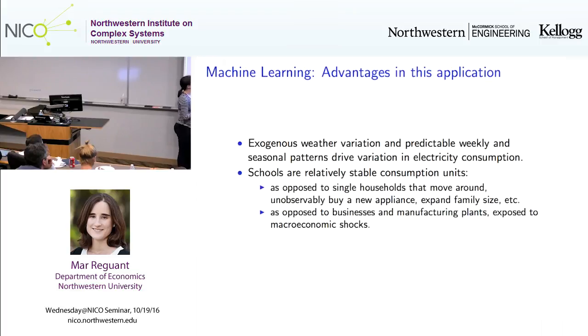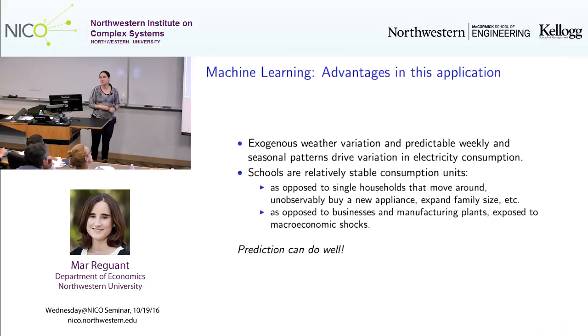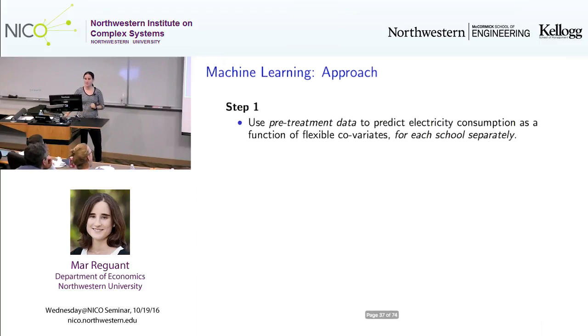Another good thing about the schools is that they are not very exposed to the business cycle. So if you think about the school and it's a recession, we do have data from 2008 in there. It would be very hard to think about manufacturing and their electricity consumption in 2008. But for schools, they kept opening the schools. They might have been slightly more budget constrained, but for the electricity usage, it's sort of less likely that there would be big confounding factors. So prediction can do well. So we will use prediction methods to try to better control for these differences across the schools.